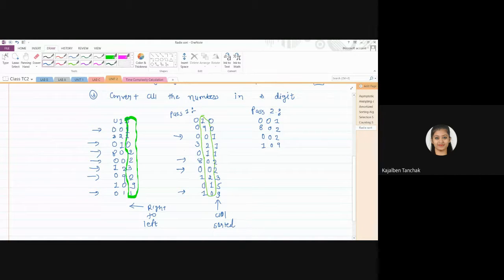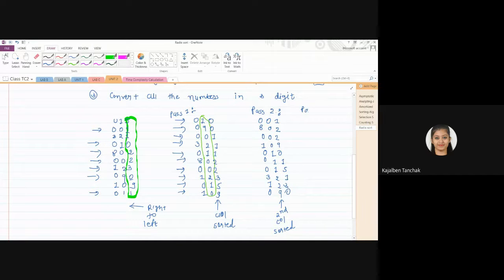After this we will take 1. So here it is 1, 0, 1, 0. Then after we will scan, here it is 0, 1, 1. Then after here 0, 1, 5. Then after 1 we will take 2. So first 2 is here, 3, 2, 1, and then 1, 2, 3. And then finally 0, 9, 0. Right? So after the second pass, the second column is sorted.